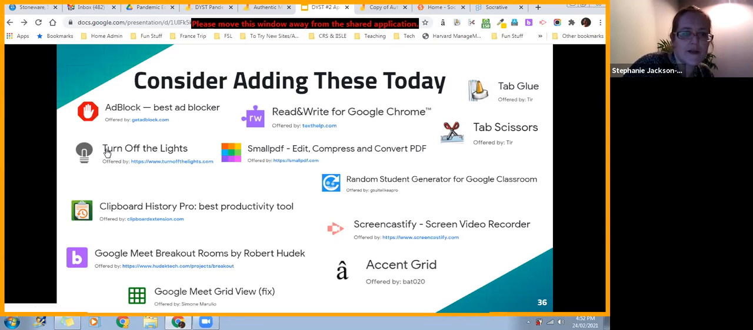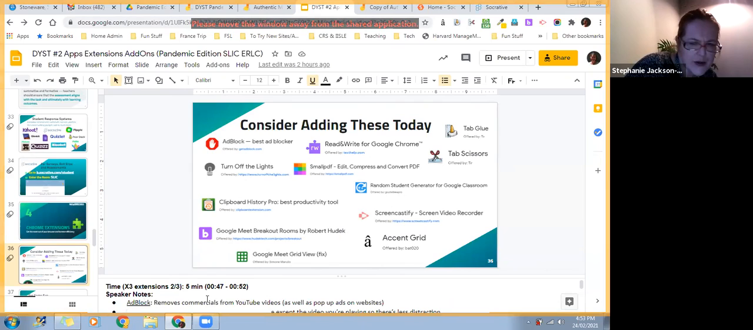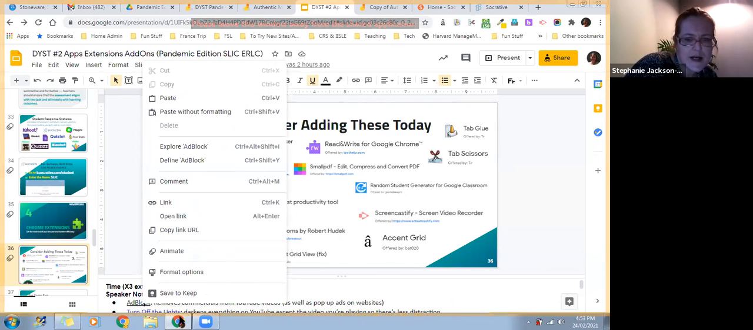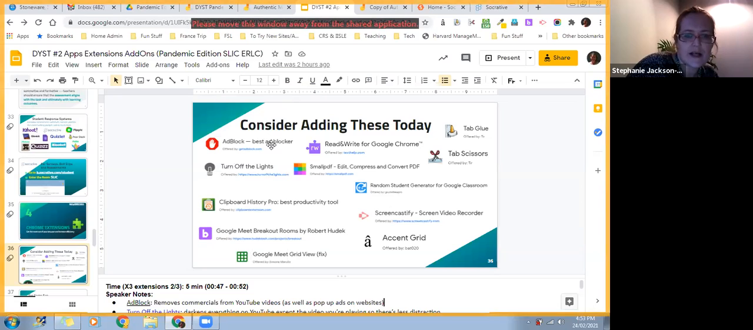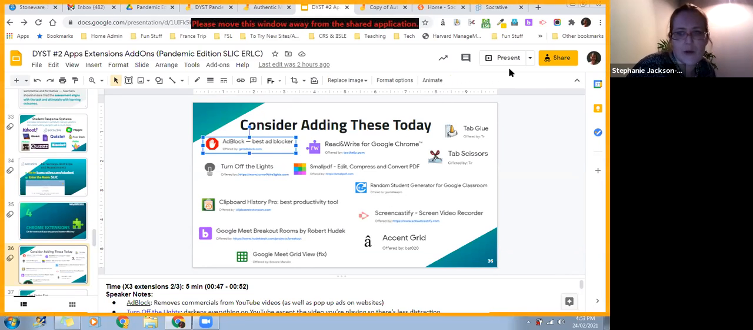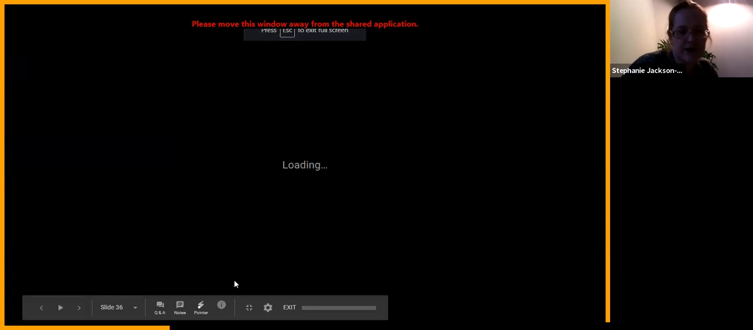Adblock, I've got the link up there for you. I'm just going to fix that link because it's not linked. That's the one that's going to get rid of YouTube commercials. So you're not going to have the ads on YouTube, but it also gets rid of pop-ups on different websites. For some reason, it didn't link in there, so I'll just have to put in the link later. But that's a great one, especially for the YouTube ads, because I find especially when you're teaching a foreign language, sometimes the